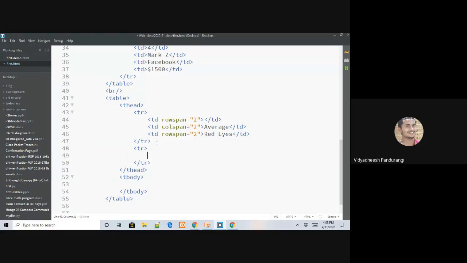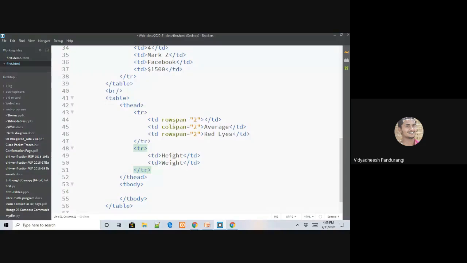And in that, I'll add 2 different cells, 2 different TDs. So the first cell is height, second one is weight. Correct? Is that fine? Or is there something to be modified here? I think we have to add an empty cell before that height.